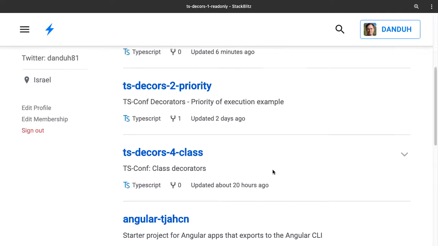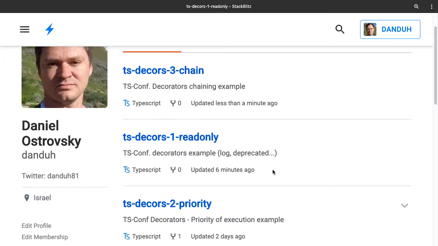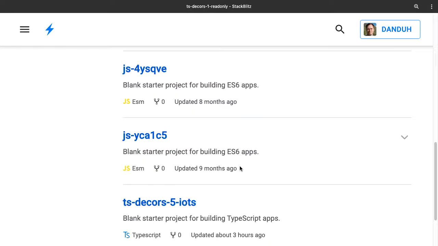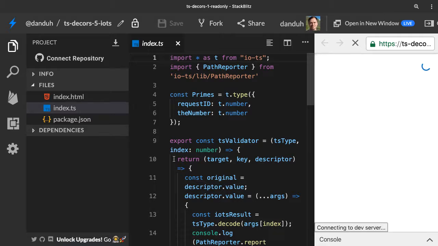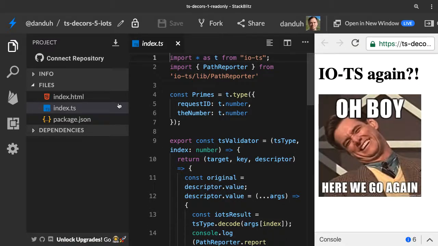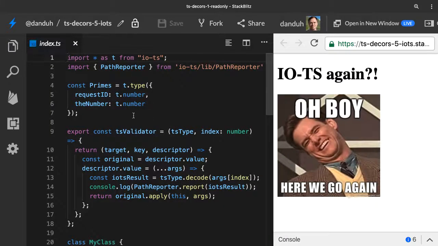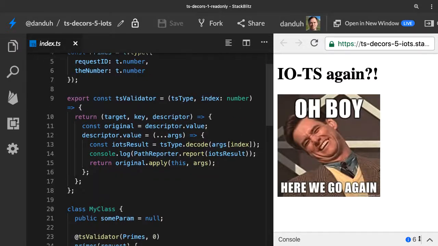We talked about the priority, talked about the chain. The last one, not the last one, but IOTS. I heard about IOTS, to be honest, today it's the first time, okay? But I like the idea very much. So I decided let's use it in decorators too. Why not? Okay? And here's an example which basically shows